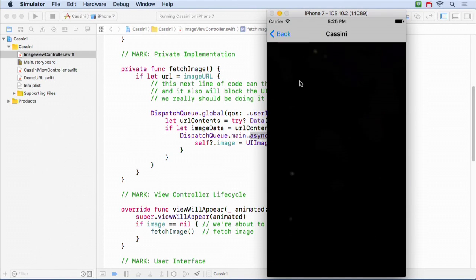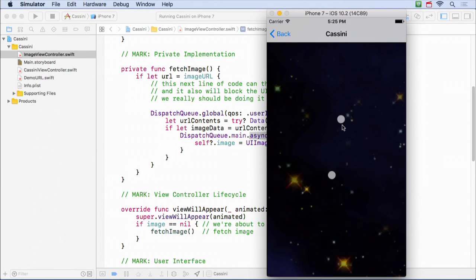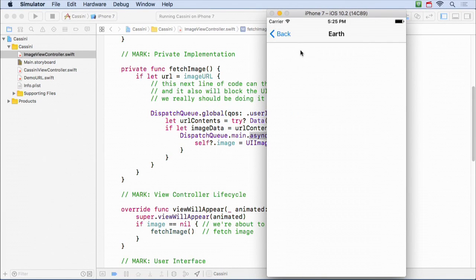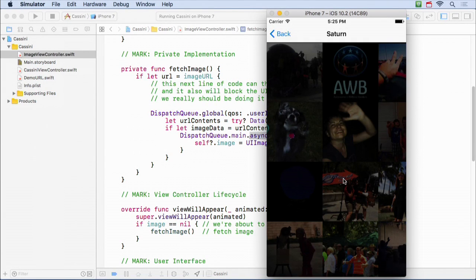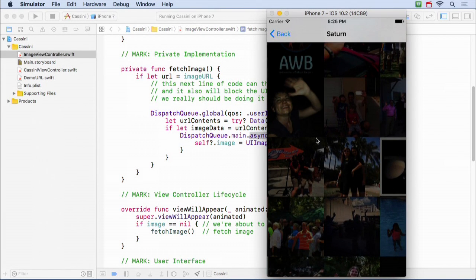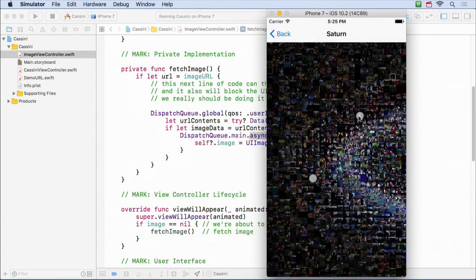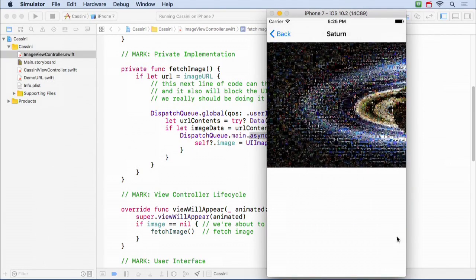And so here I am. I have Cassini here, right? If I go back and hit Earth again, I give up. Saturn, I'll wait, and we'll see. Get Saturn. Okay? We got that? By the way, Saturn, this is kind of weird. I don't think Cassini took this photo here. It's a picture of people, but we do it. Oh, look at that. It's Saturn.